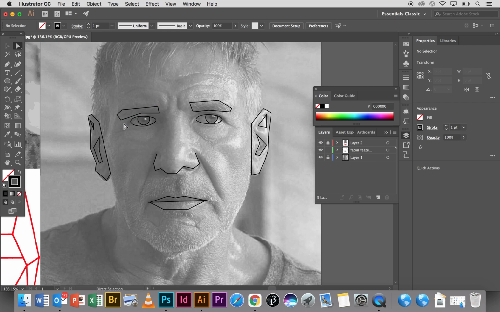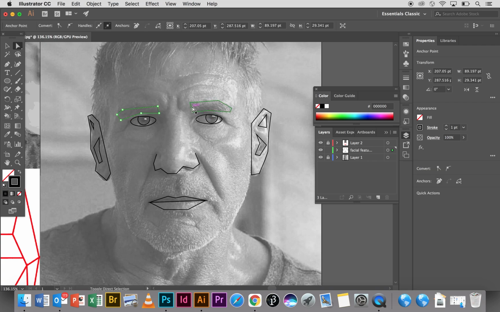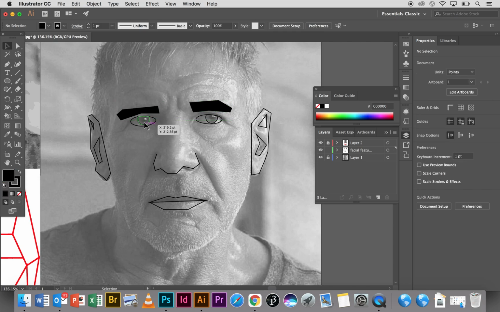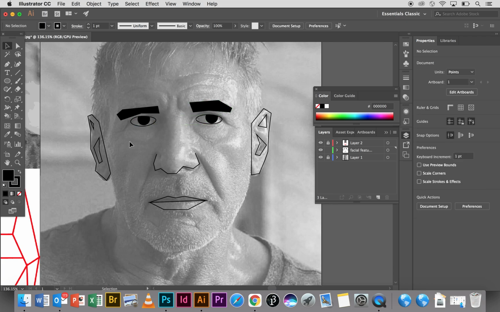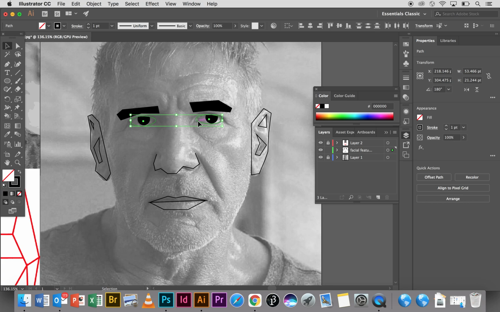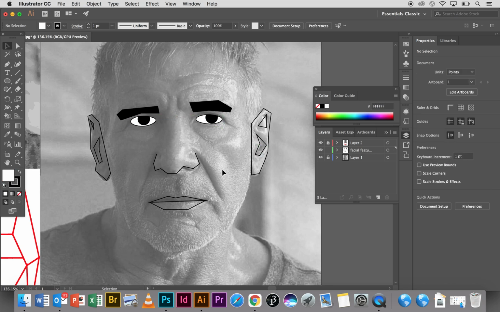I'm just going to click on this eyebrow and the second eyebrow by holding shift so they're both selected, and I'm going to change the fill. I'm going to make it black, and I'm going to do the exact same thing with the pupils and the insides of the eyes. I'm going to make white. Okay, and